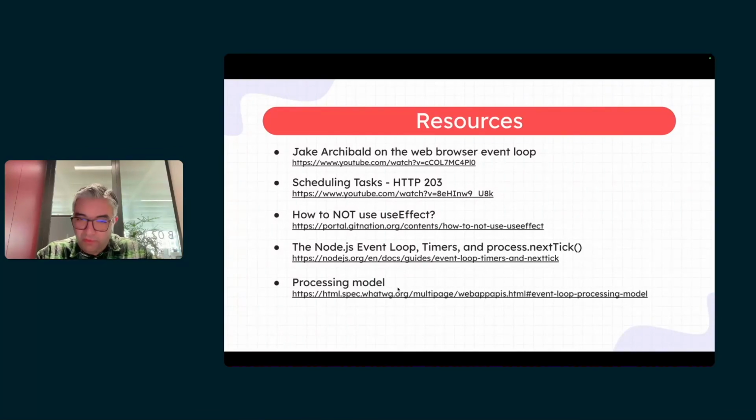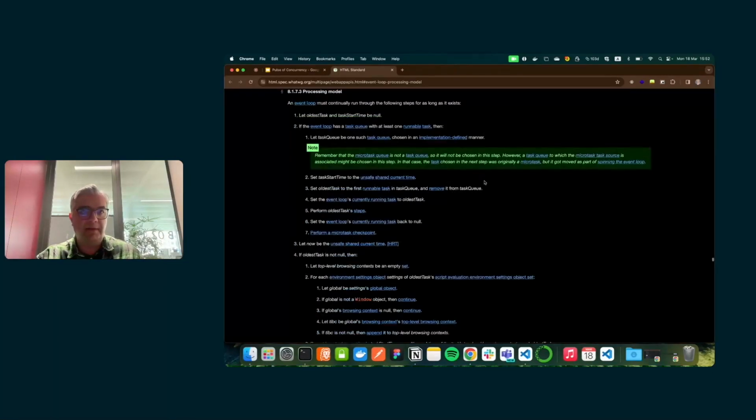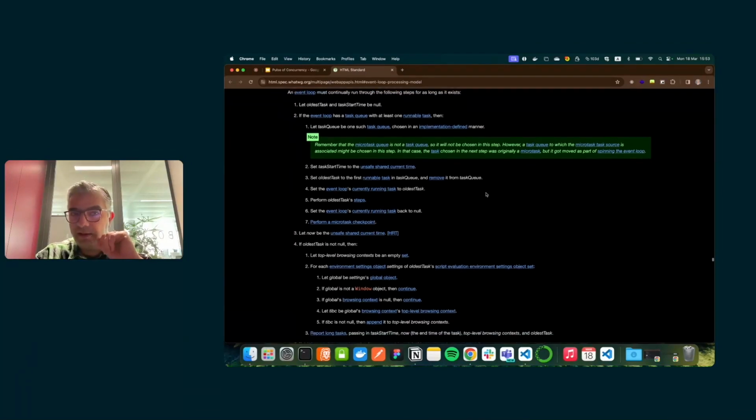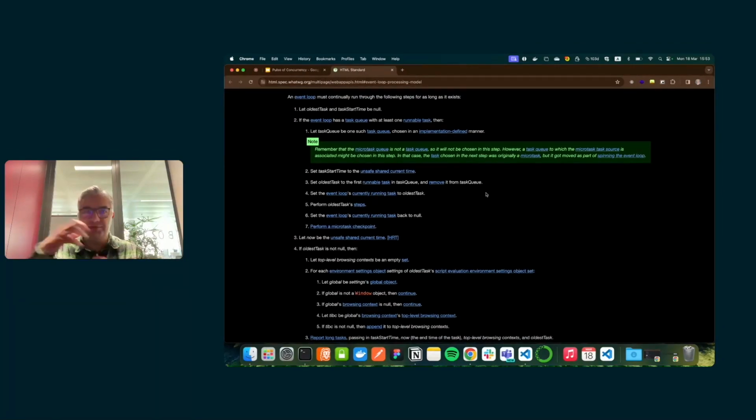And the whole thing that we just talked about is based on the processing model of the JavaScript specification. This processing model is the event loop that we just talked about. If you want to learn the procedural work of event loop, even before implementing it inside a browser, this is how it works.